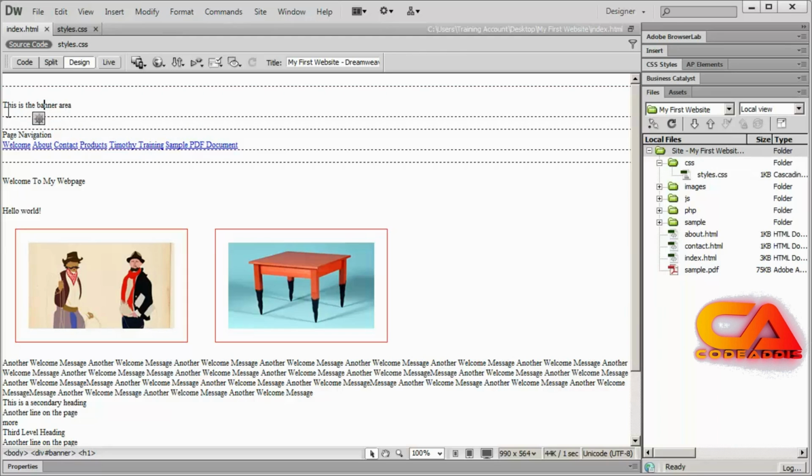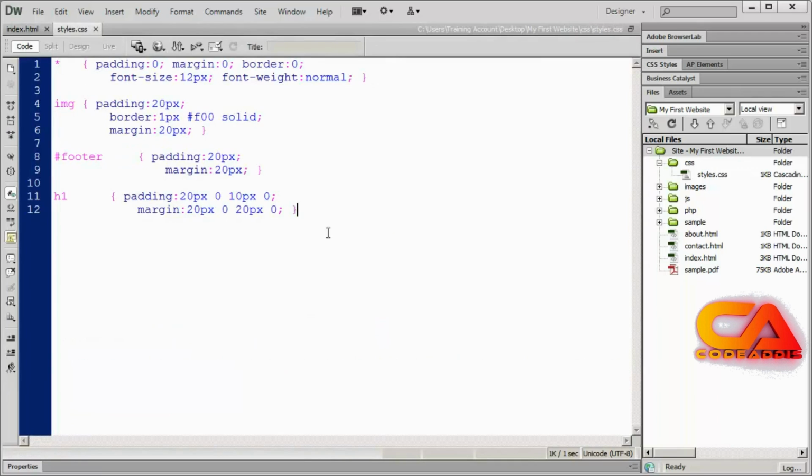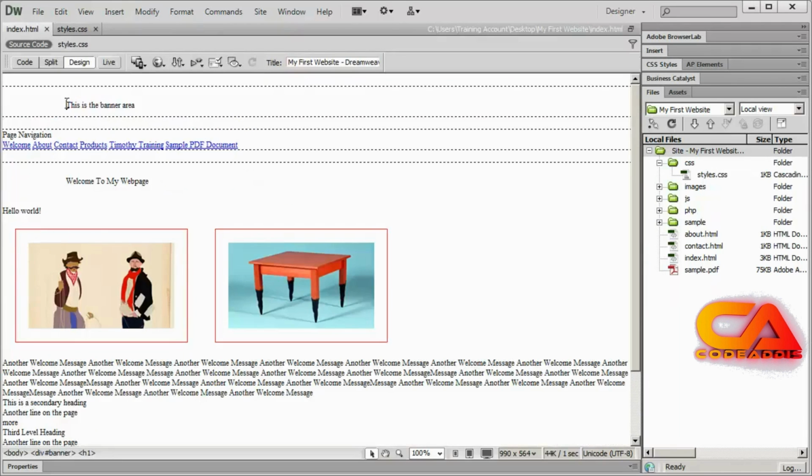And there still is none on the left or the right. In this case, we couldn't see if we placed any padding or margin on the right. But if I was to come in here and put 100 pixels of padding in the left-hand position and save that, you can see that element has been bumped over